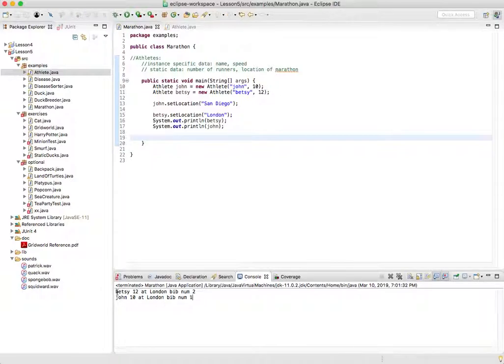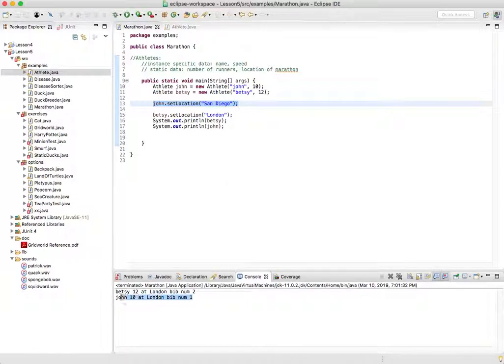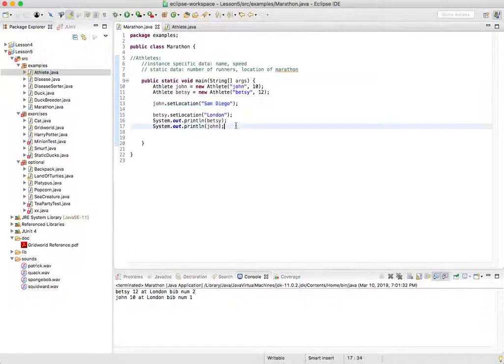Okay, so we have Betsy and John with different bib numbers. You might think it's strange that they're in the wrong order until you see where they were instantiated. See, John is instantiated first, he's number 1, and then Betsy's number 2. And then after we do all this, if we could print out the total number of runners,